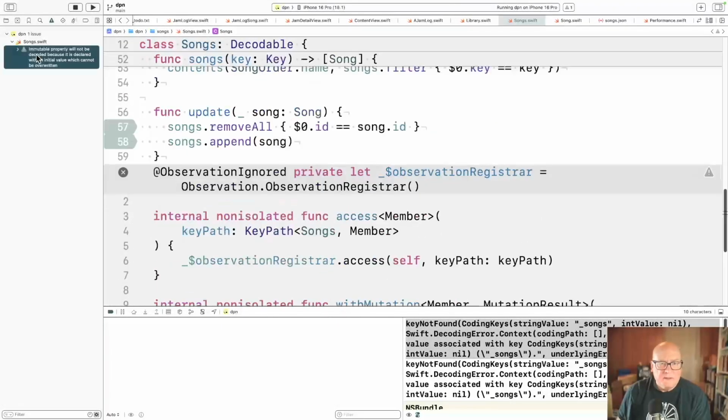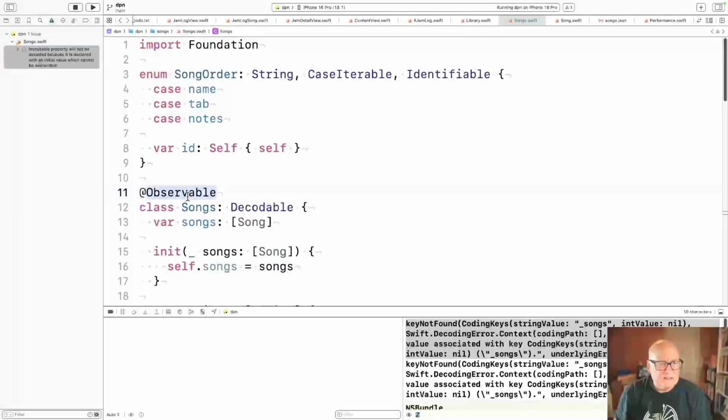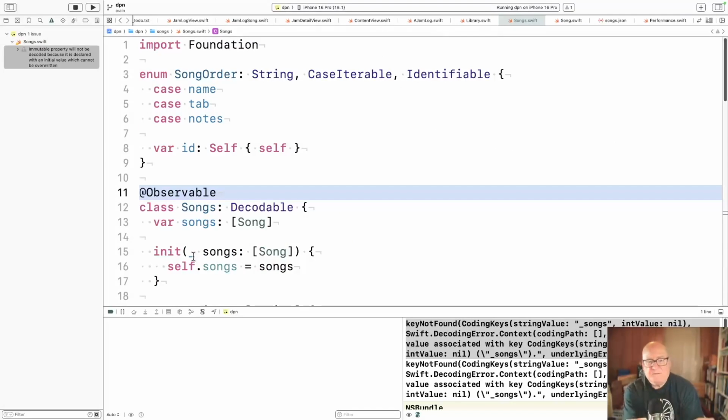Immutable property will not be decoded. I guess underscore observation registrar, we don't want to be decoded, really. Yeah, this feels like, why does songs need to be observable but performances did not?